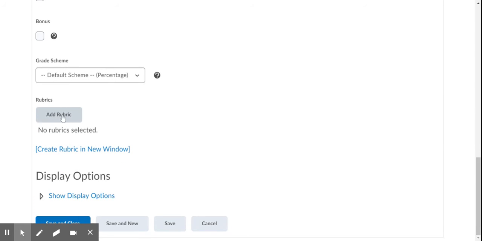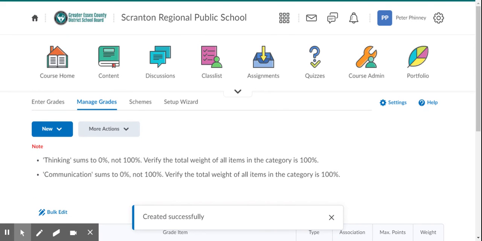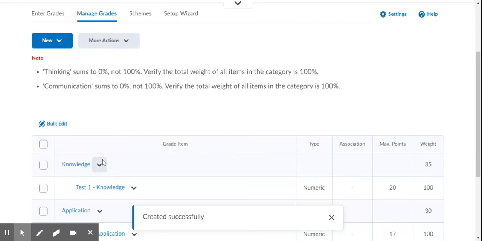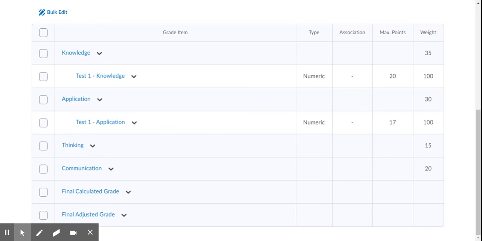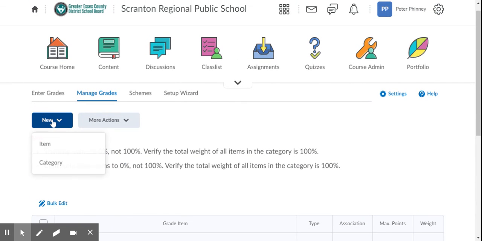Now, rubrics, we are going to go over rubrics in another lesson. That's a whole other thing we're going to go through. Very useful as well. But for now, we're just looking at how do you set this up as a traditional gradebook with your items and just being able to manually enter your marks. So now you can see that we have test 1 knowledge here, test 1 application here, and what they're out of. And right now, they're weighted 100% in their categories because they're the only thing in there. If we were, just to show you how this works,